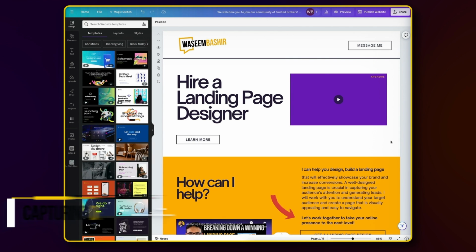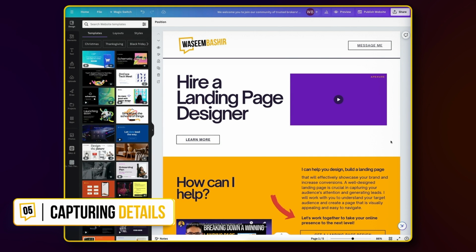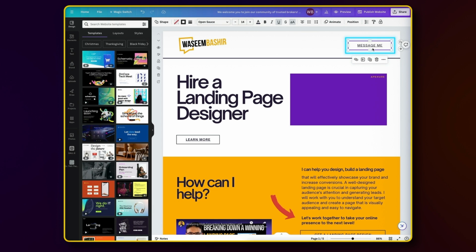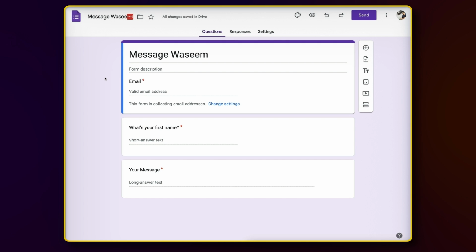What if you want a form where users can leave you a message? So I have a button here called Message Me. And if somebody clicks on it, it should open up a form. Because Canva doesn't have an inbuilt form input functionality, you have a couple of options. You can create a form in a tool like Google Forms. So if you go to forms.google.com, you can easily build a form here with those fields where you want to